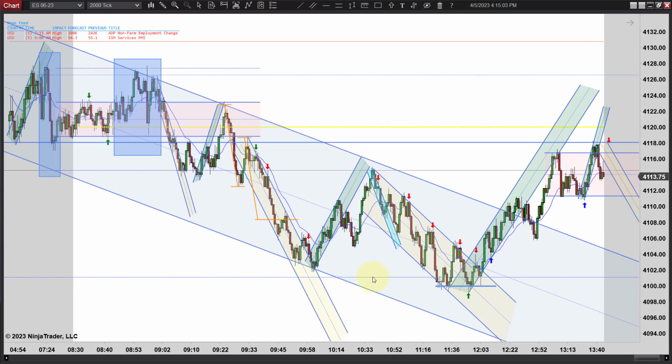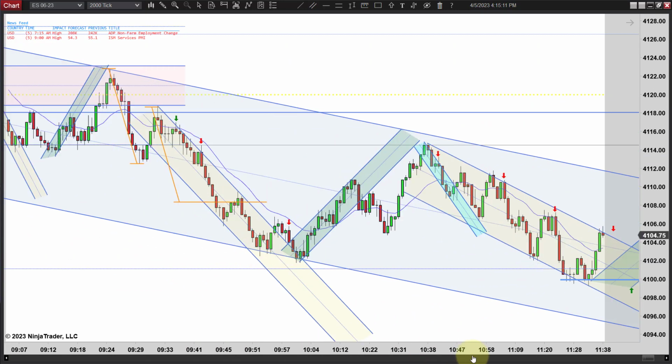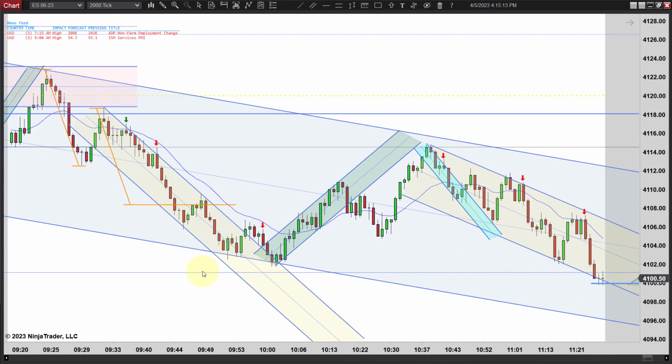And that's where we ended up really finding support before we bounced. You get a second entry here, but the signal bar is no good. And then it drops down. You get another second entry right here. Signal bar is no good, but you do get a lower high this time with a good signal bar, so